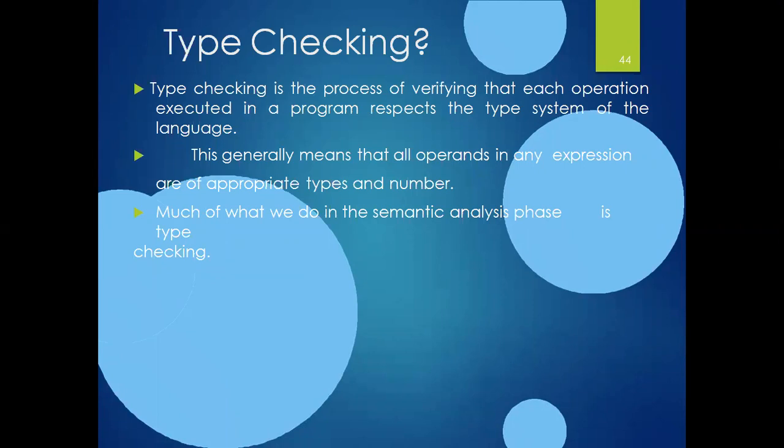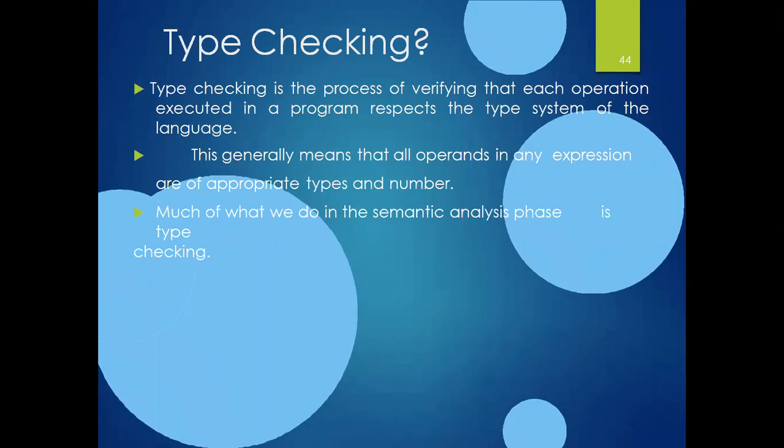And after knowing the need of the semantic analysis, these are the points that come under why to learn the semantic analysis and what is the need of this semantic analysis. And now entering into the concept, that is, what is type checking? We can also call it type analysis or type checking. It is a very important activity to be done in the semantic analysis phase. Type checking plays a major role here. The need of type checking is to detect the errors arising in the expressions due to incompatible operands. That is the first thing. The second one is to generate intermediate code for the expressions and the statements.